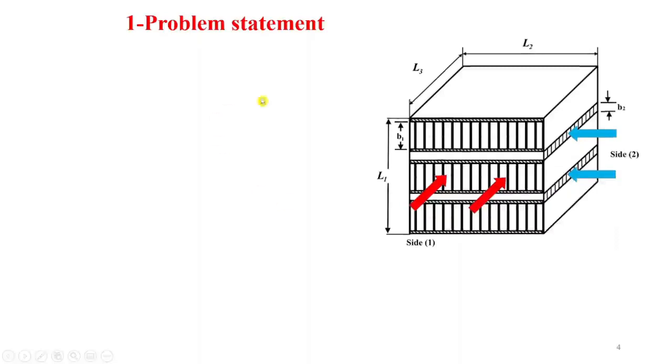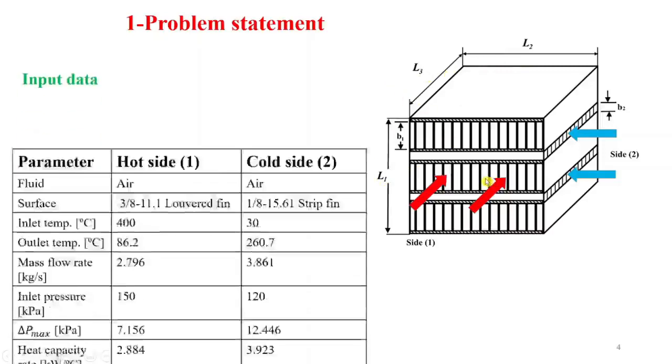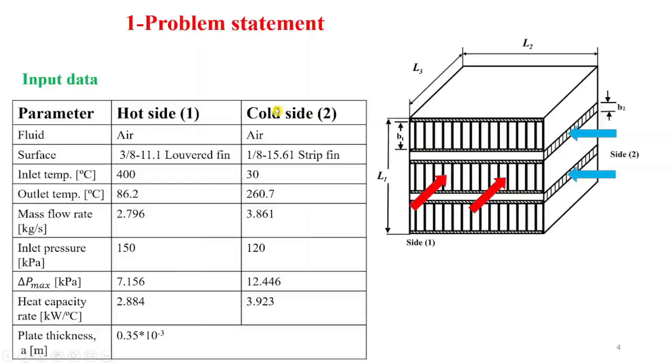The problem statement is basically we are looking for how to size a compact heat exchanger, how to find the dimensions L1, L2, L3 of a heat exchanger. We are considering a gas to gas compact heat exchanger, and the input data for this kind of example are as follows. The fluid for both the hot side and cold side is air. The surface for the hot side is a louvered fin with the designation number 3/8-11.1, and for side 2 it is a strip fin with a designation number